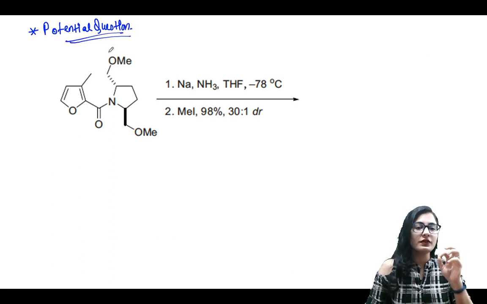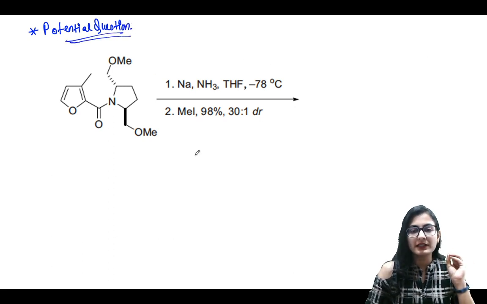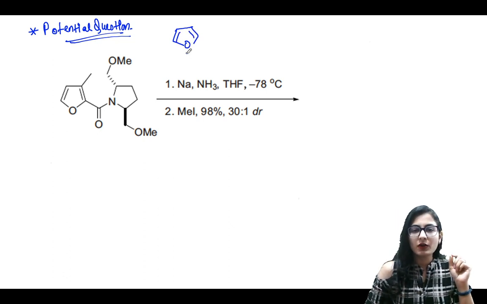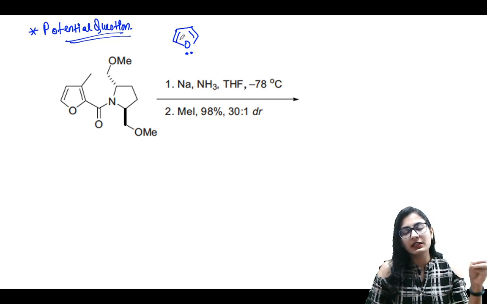Alright, so what do we see over here? First of all, you have to understand before moving onwards that if we want to reduce furan, let's say this is furan, a heterocyclic compound, then the oxygen is already donating electron density into the system to make it aromatic. So definitely the electron which is transferred will not be on oxygen.